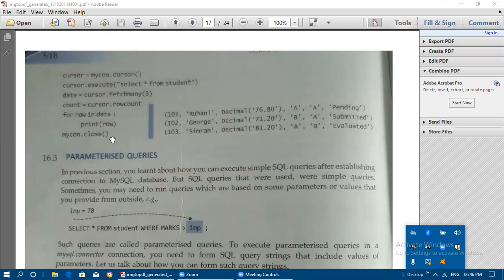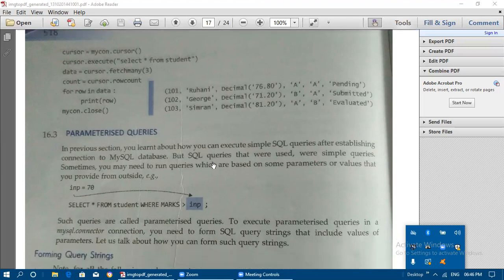Okay, so the same coding you can type in the Python interpreter and run it. You can connect to that MySQL database and extract the values like this. For this reason, this interfacing with Python is very useful. To connect application software, that is Python application programming, with the MySQL database, we connect with the help of this coding.